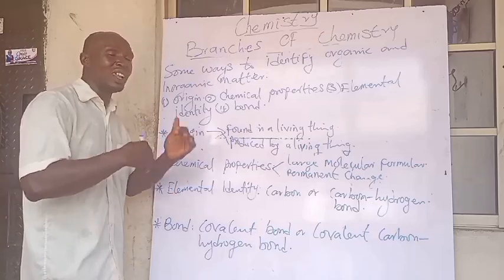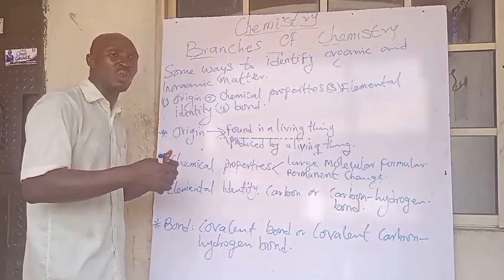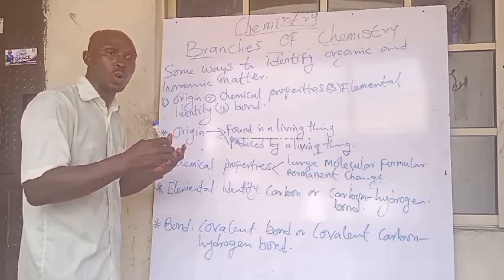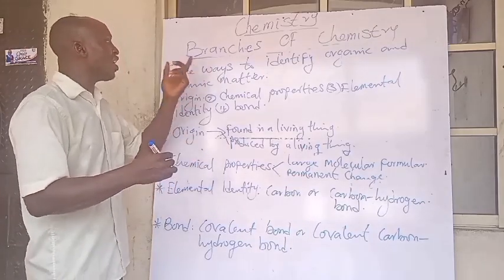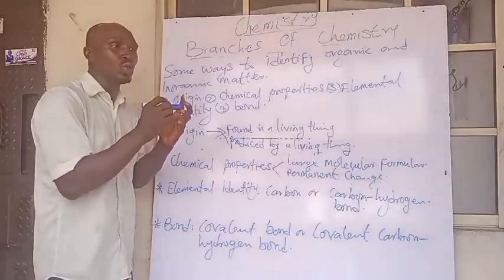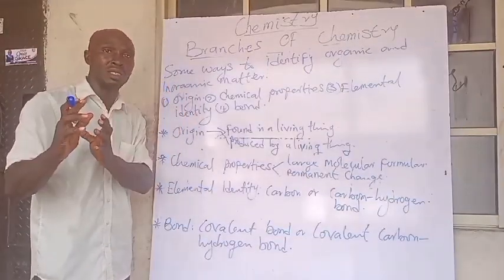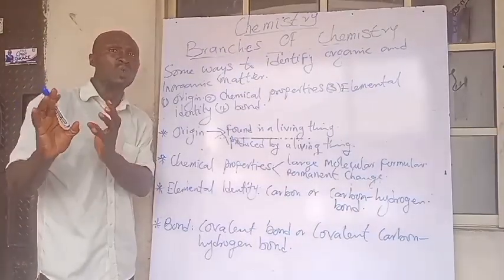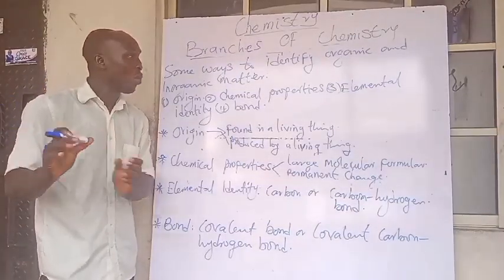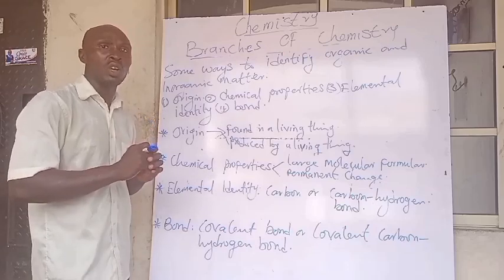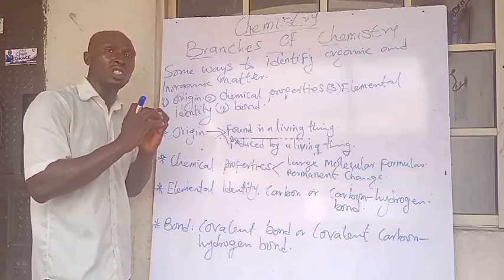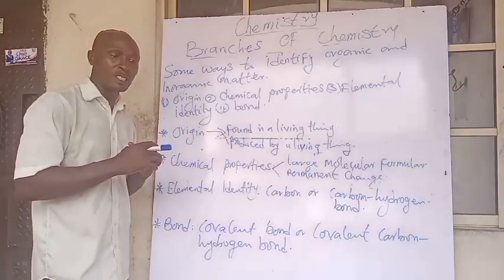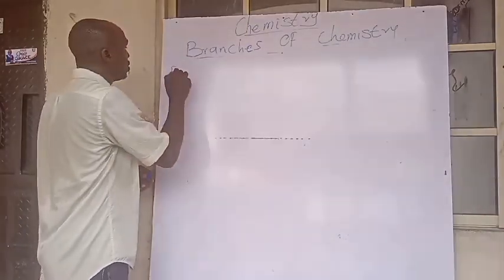So you get to see other characteristics for identifying an organic compound from an inorganic compound. Now in organic chemistry, we study organic compounds, organic substances, while in inorganic chemistry, we basically focus on the study of inorganic compounds. Now let's look at the examples